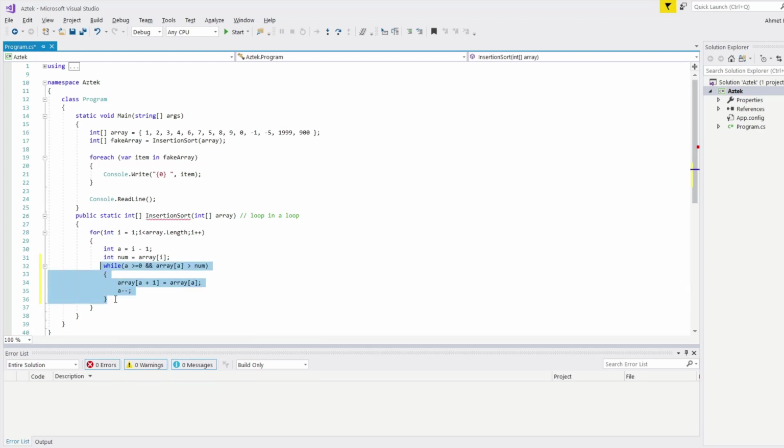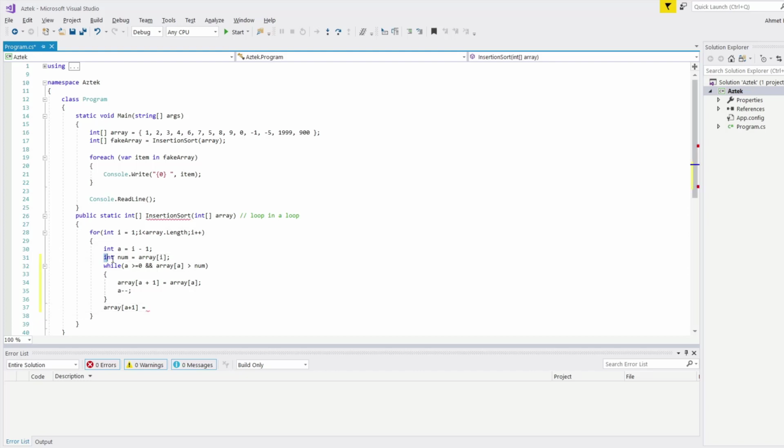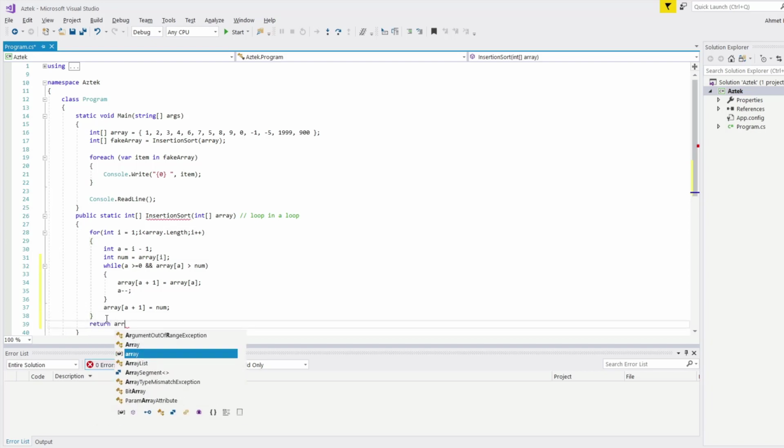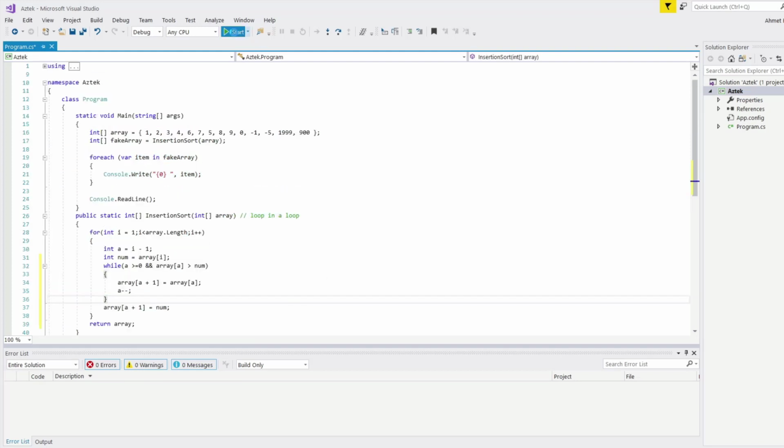Then after this loop ends, I need to do what? Assign array a plus 1 to my num here. So if this is wrong according to our argument, or when this loop breaks, it's going to do this one. So basically it's just going to assign num to array a plus 1. Then again I need to send my array back. And when I try to execute my command now,